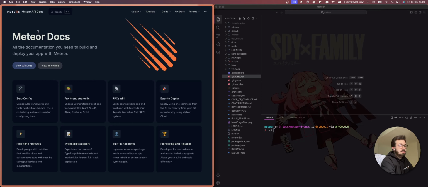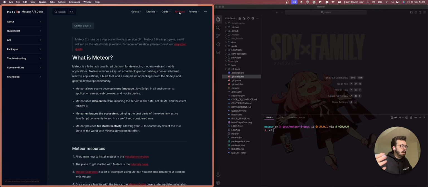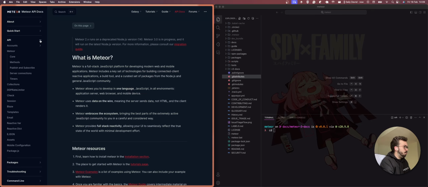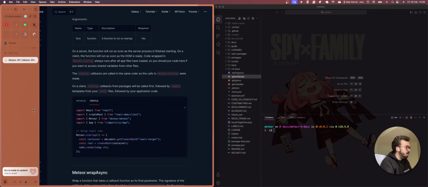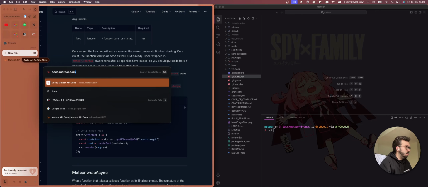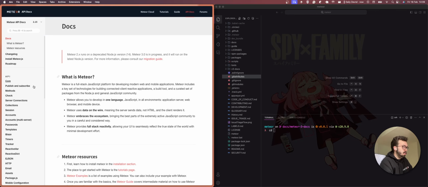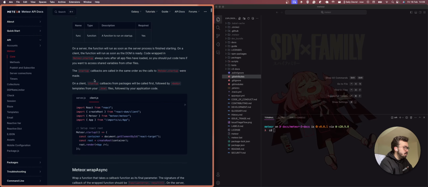This version is the one that's out there to be used, and people can test it. If you're using Meteor 2, you can use these new docs because they have exactly the same content as the old one, docs.meteor.com. Everything's already in there, and piece by piece I'm changing what's needed for the new API for Meteor 3.